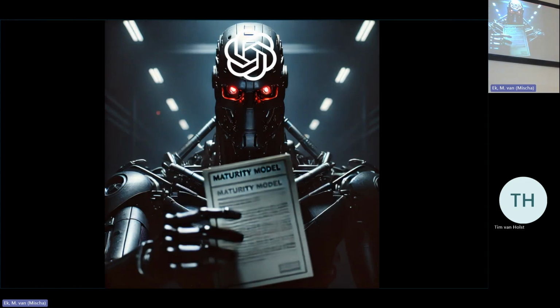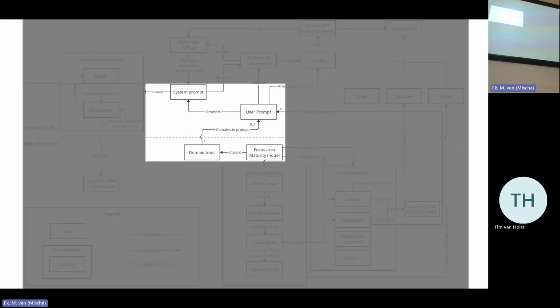Luckily, my custom GPT quickly made a little bit of a scheme to give a bit more understanding of how this process works. So I can't go through the whole thing with it. It's basically, I grab a focus area maturity model. Of that, I grab the topic. That topic, at first, I prompt in a custom GPT, and the GPT will create an AI variant of it.